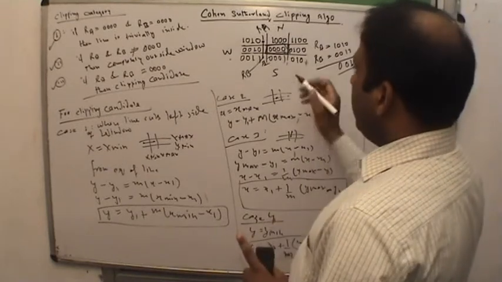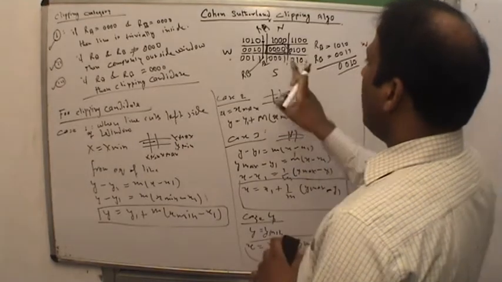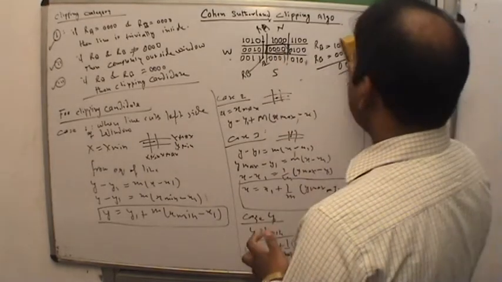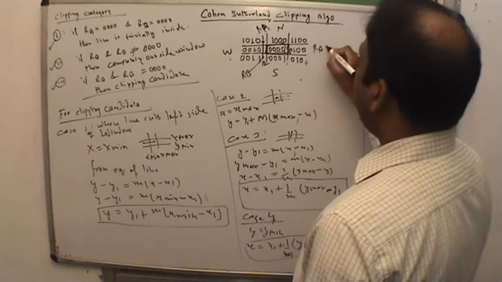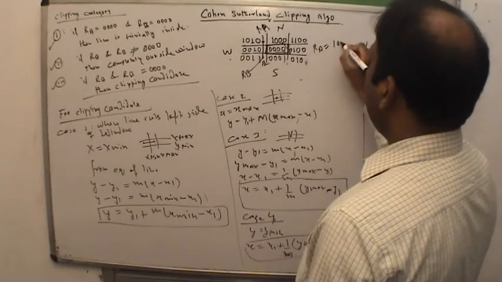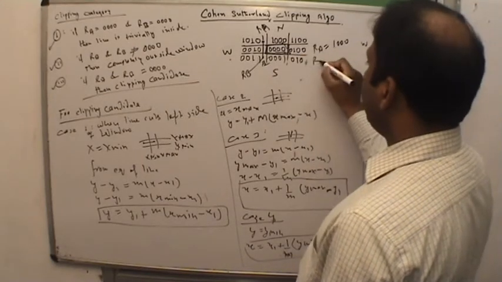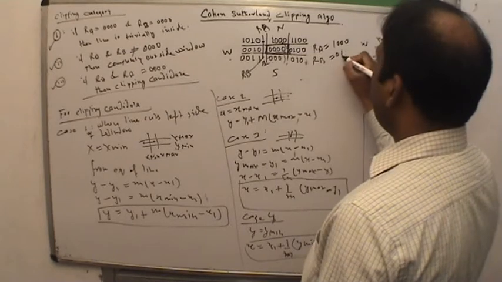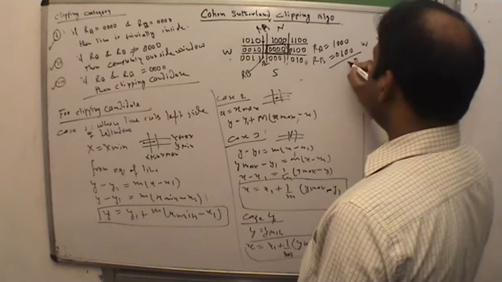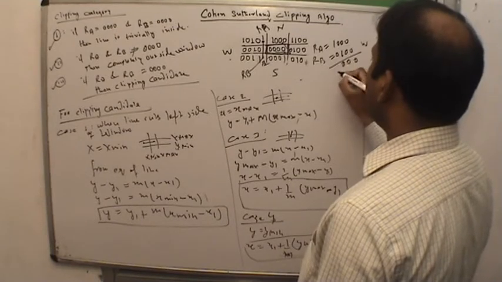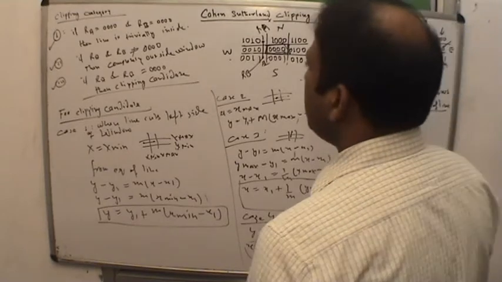Now we apply logical AND operations on both these points. So we have RA, region code A is 1000, and region code B is 0100. Now we apply AND operations. False, false, false, false, false, false, false, false, false, true, false, and true, false, false. We get the value 0000.